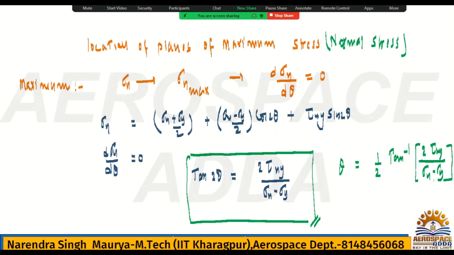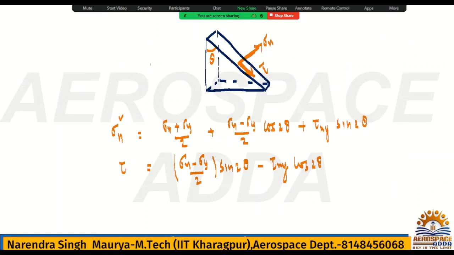Okay, so what is the meaning of the principal plane? In general, a body may be acted upon by direct stress and shear stress, just like the oblique plane you have seen. However, it will be seen that even in such a complex system of loading, if you go for this stress system, it was like this: